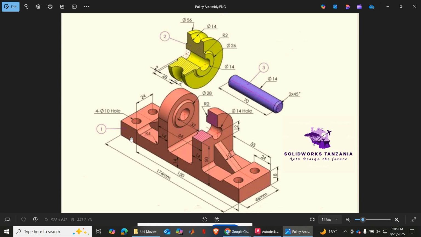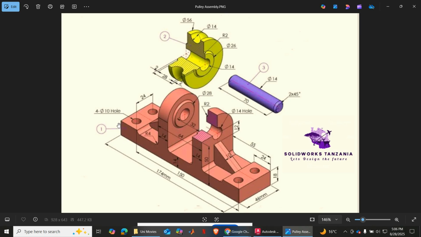Kwa mfano hapa tunaweza ukachora hii side hapa hapa na hapa na hapa kote, afu tuka extrude this way by 46, tukaja ukaweka hizi holes na hii part here na here, right? So let's see. So this is the left view. So we draw from the left view, and what do we draw? So we draw this line. This line here up to here is